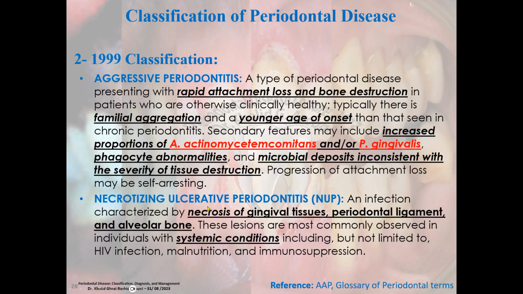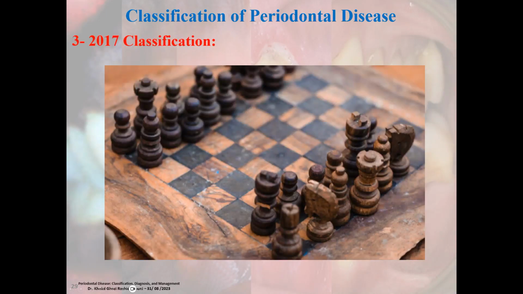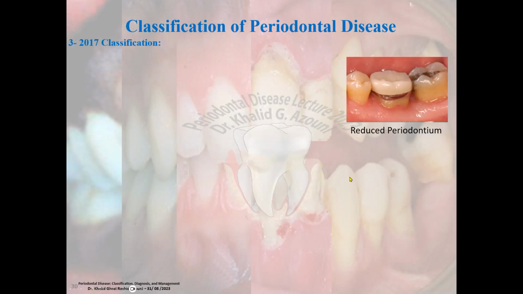Necrotizing periodontal disease is an infection characterized by necrosis of gingival tissue, periodontal ligament, and alveolar bone. These lesions are more commonly observed in individuals with systemic conditions, for example HIV infection, malnutrition, and immunosuppression, and we'll talk about it. So, now the latest classification of periodontal disease was introduced in 2017. Why do we put here the chess set? Because it is